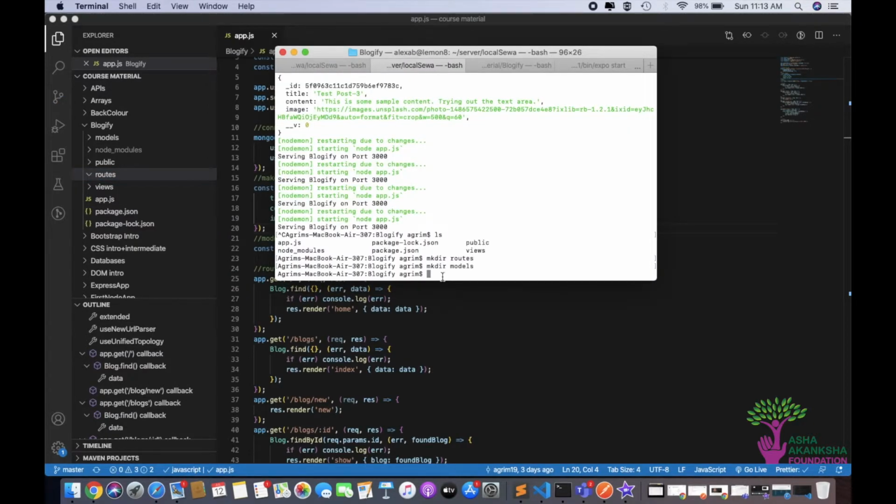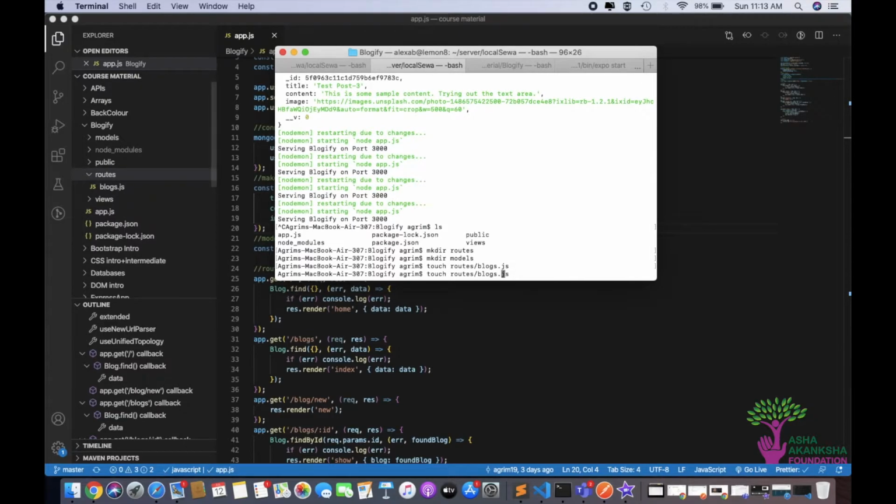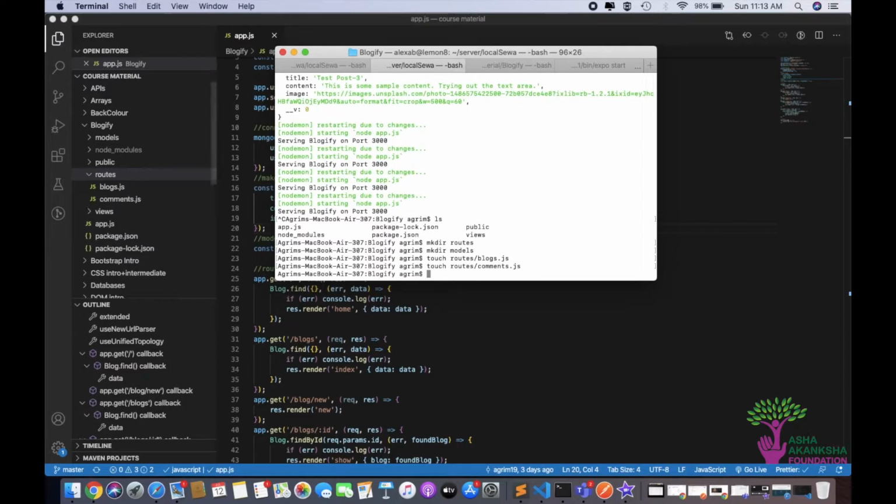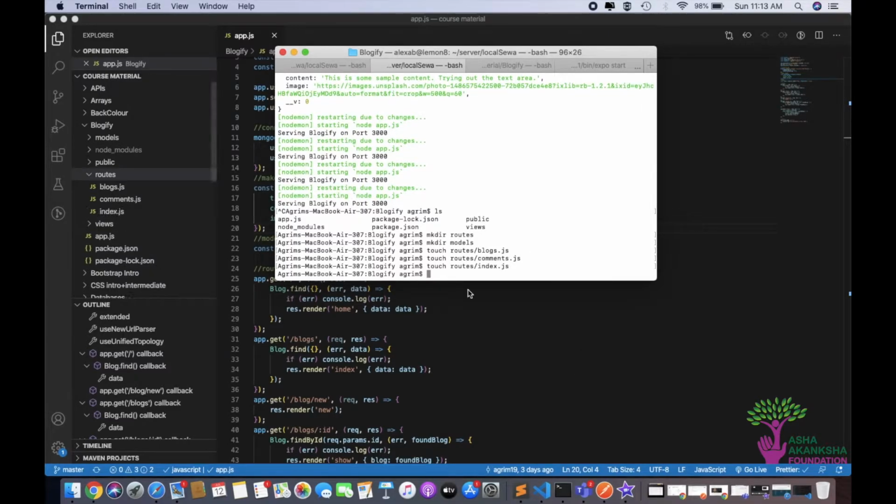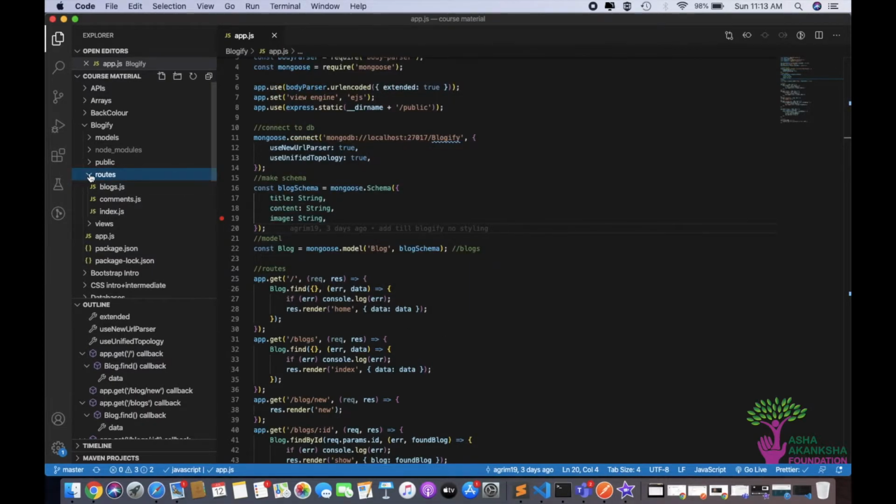Inside the routes, we can make 3 new files. So touch routes slash, and let's call this blogs.js, and you'll see exactly why I'm doing this in just a moment. Comments.js, and the other will be index.js. So what I'm aiming to do is inside this routes folder, in the blogs.js file, we'll have all